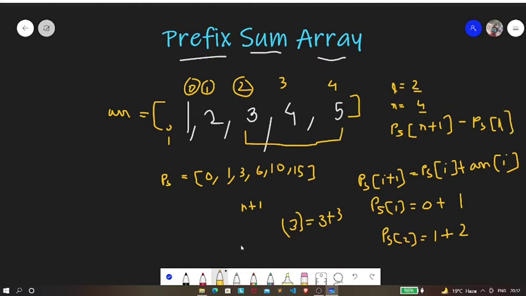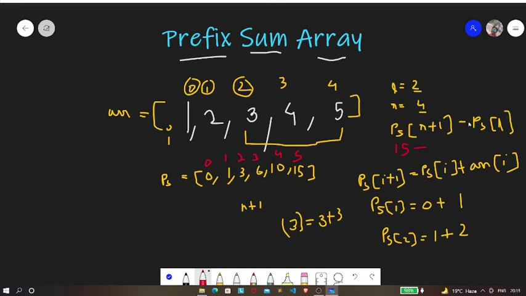Let's consider the indexes: this is index 0, index 1, index 2, index 3, index 4, and index 5. If we find PS of R plus 1, R is 4, so PS of 5 is nothing but 15. So if we are going to subtract this 15 from what?